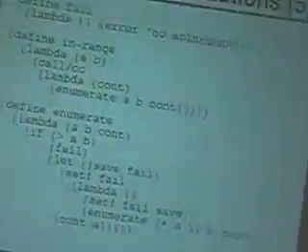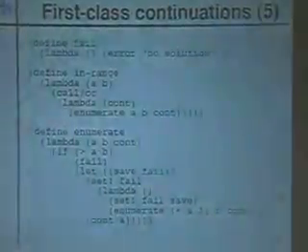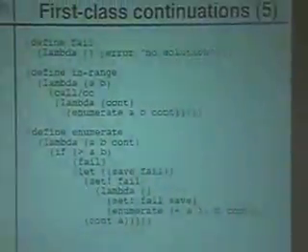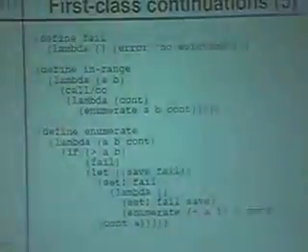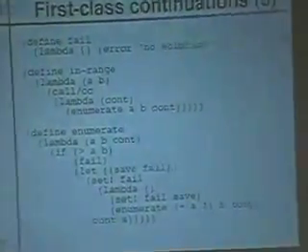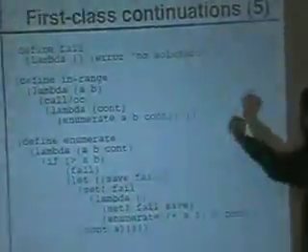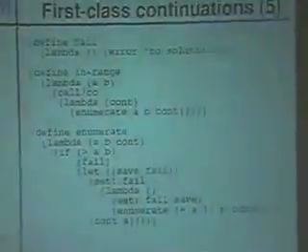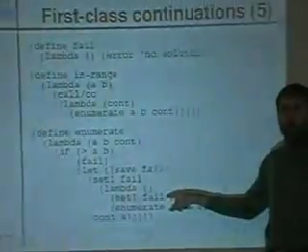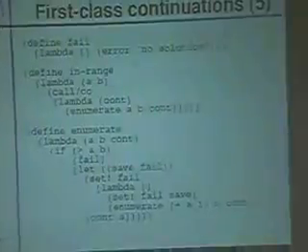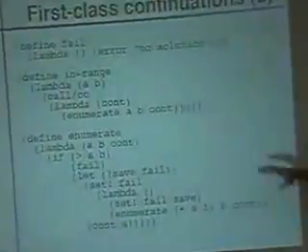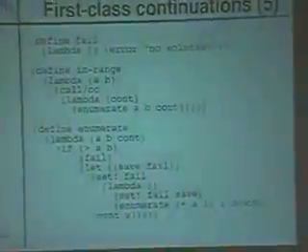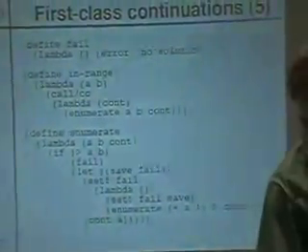So the idea is that fail is actually a global variable, and initially it's a function that if you call, will say there's no solution possible. There's no choice point that can be retried. And this variable will actually be mutated in the code here, and a new function will be installed in fail, okay, which will resume the continuation when it's called. I won't go into all the details, but if you want to try it, it's really cool to try it out.